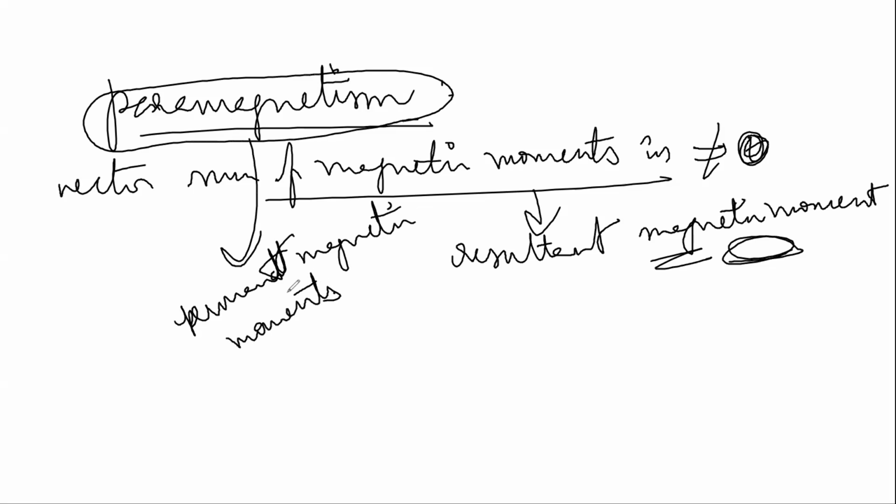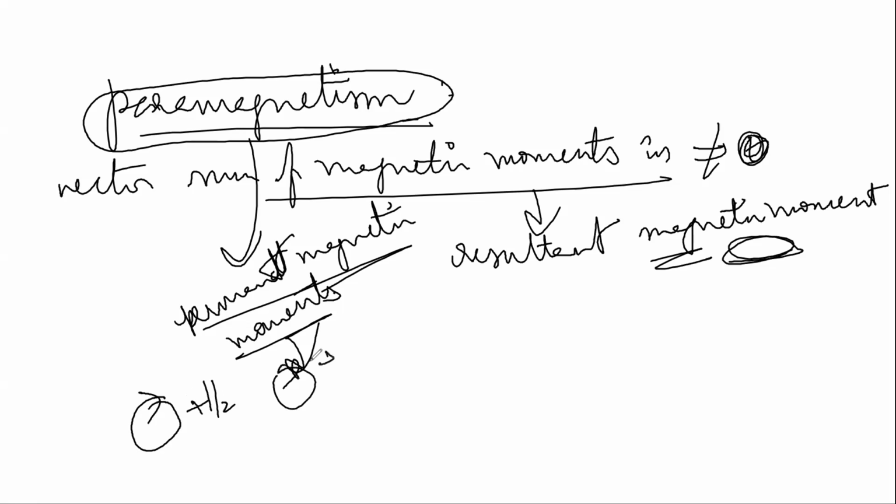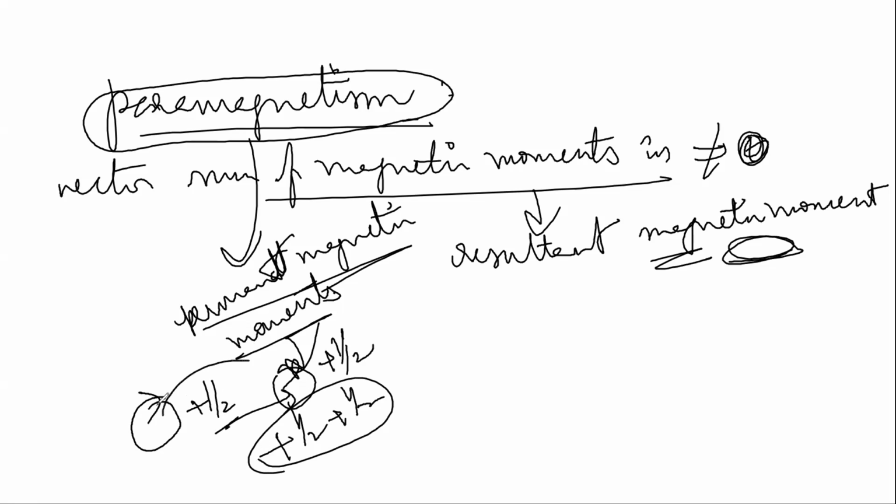Okay, now in which type of atoms we exhibit this permanent magnetic moment, you can easily understand. Now the electrons spinning in the same direction, right? This electron is spinning, it is having plus half. Again one electron is spinning, it is also having plus half. So again what happens? The net moment will be plus one, double that of a single electron. Okay.